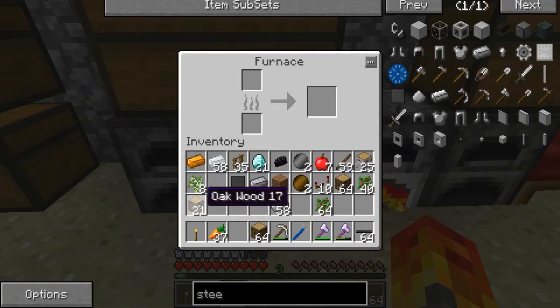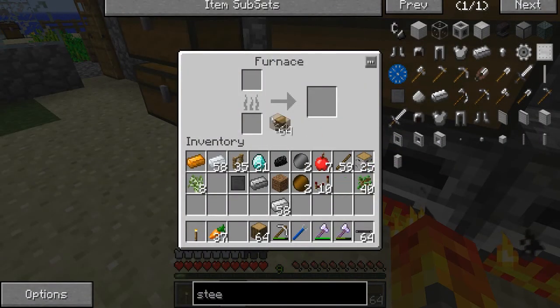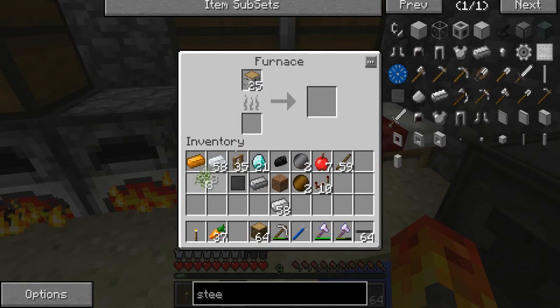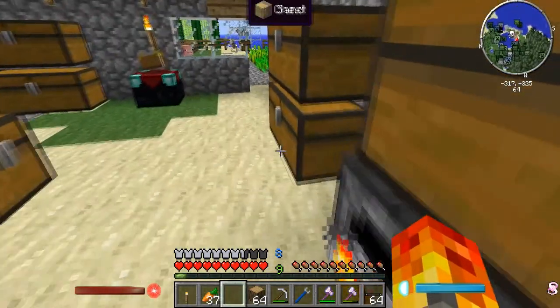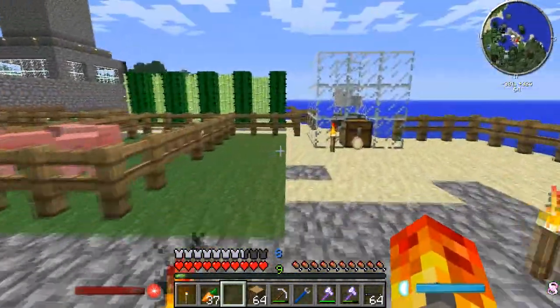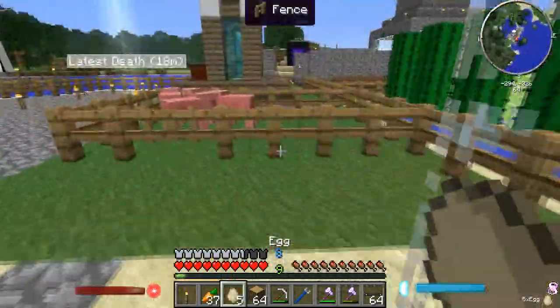So what we're going to do is put those in there. I'll use those. We just basically want to turn all this into charcoal again. I've done this so many times during this episode. I mean, all the torches that are underground. And you'll see on episode 20 when I release my